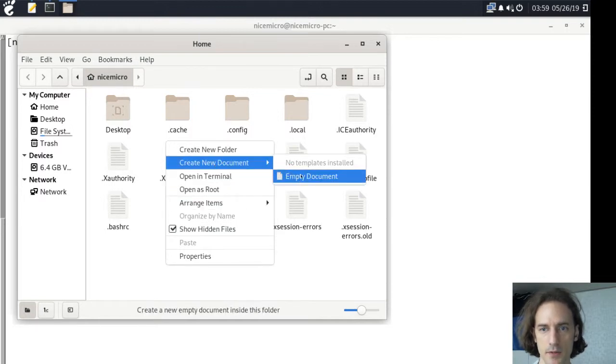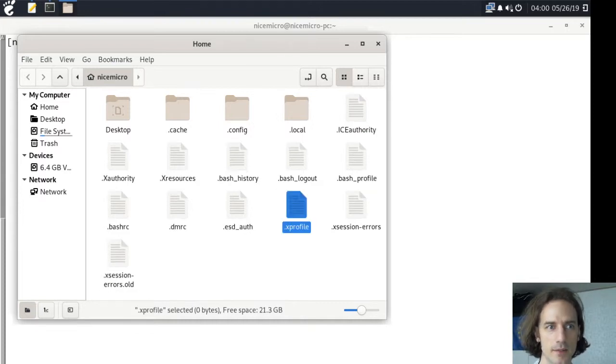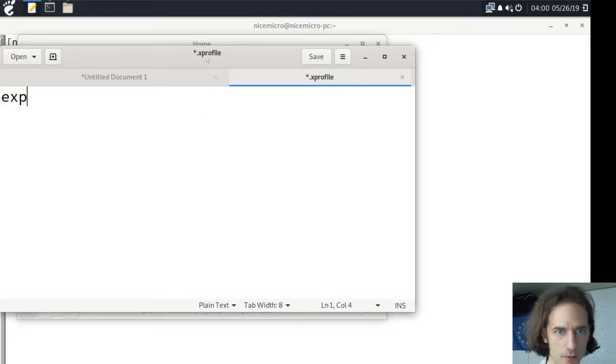So I have installed this text editor and it supports creating new documents from the right click menu, and I will make the xprofile file, .xprofile, so it's going to be a hidden file. It starts with a dot, and the x is lowercase. There are some other files here with x in the beginning, and those are capital letters, but you have to go with the lowercase. So we go to the xprofile file, and we will type in export GTK_IM